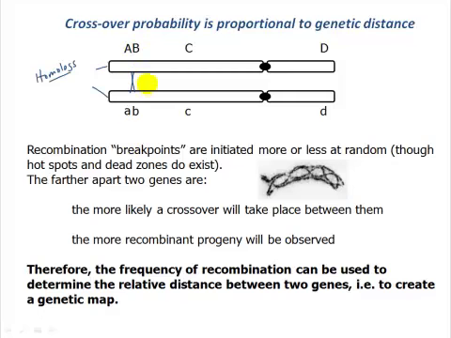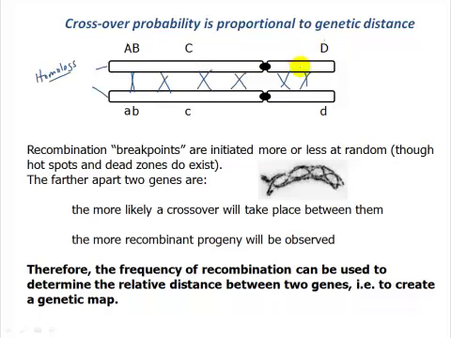So the closer together two gene alleles are on the same chromosome, the less likely it is that we're going to have a recombination event between them, separating those two alleles from one another. The further apart two gene alleles are from one another on the same chromosome, the more likely that we're going to see a recombination event somewhere along the chromosome between those two genes that's going to cause them to be